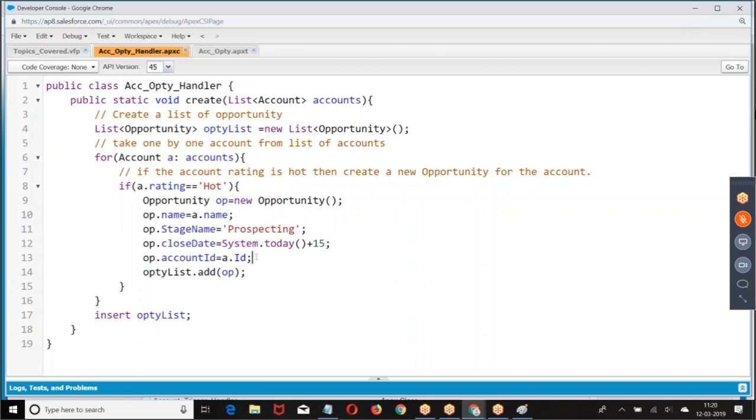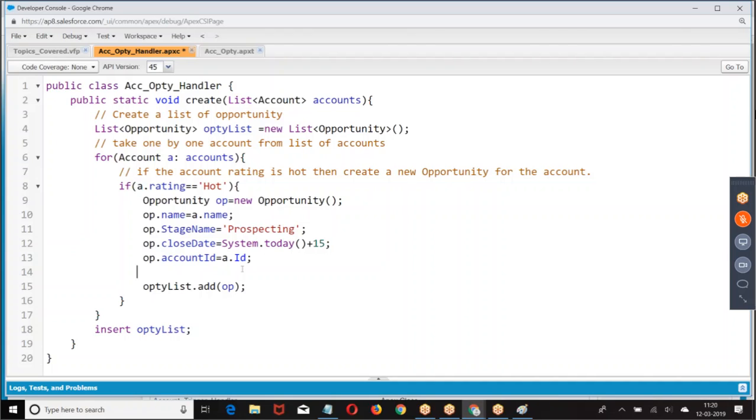Then why are you not giving insert here directly? Why did you put it in a list? I told you a maximum of 150 DML statements I can write. When I take it in a for loop, I am not sure how many times the loop will run. Loop may run 10 times, 20 times, 10,000 times. So there is a possibility of encountering the 151 exception.